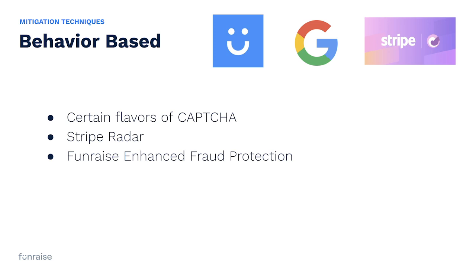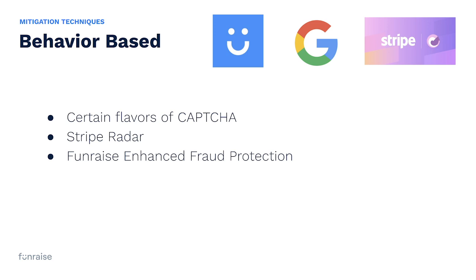And then there are things like Stripe Radar, right? Stripe Radar is a behavior-based fraud mitigation technique. It's machine learning based, and I'll avoid using the terms machine learning because I know people get quite sick of machine learning being thrown around as a buzzword, the panacea for all things. But basically, it's a very well-designed machine learning model, and it leverages the huge volume of the Stripe network, and it learns very well about what things look like fraud and what things don't.